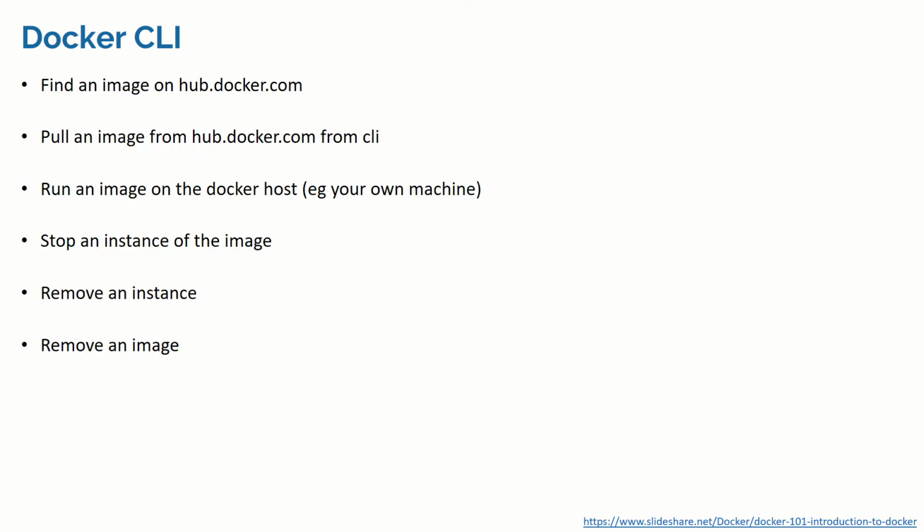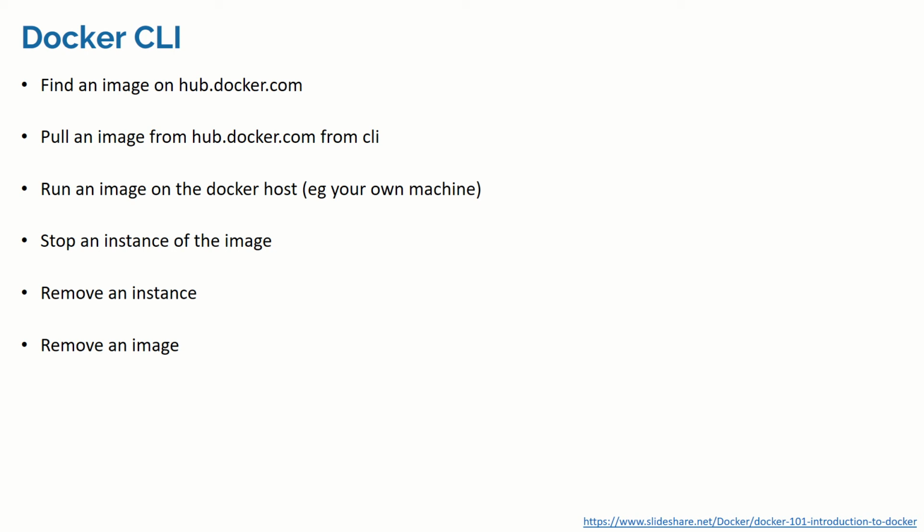And lastly, these are the steps that you would be taking. For example, if you want to download any image, let's say for Ubuntu or for Linux or for Alpine, you can go on to hub.docker.com, you can Google it, and if it is there, you can pull the image down onto your local machine. The command is docker pull followed by the name of your image. And that is in part 2. You pull the image from hub.docker.com from the command line interface,